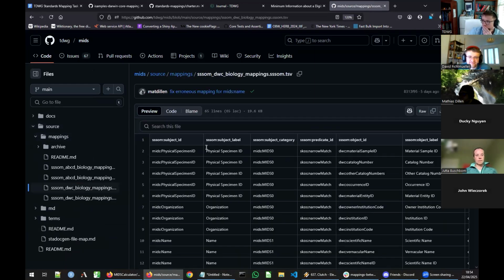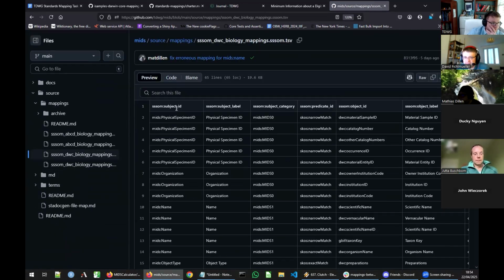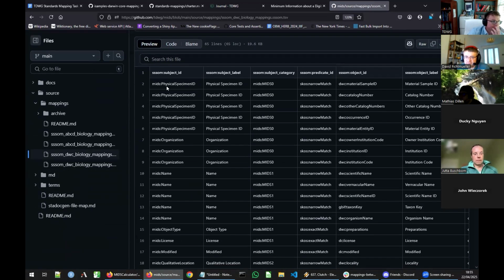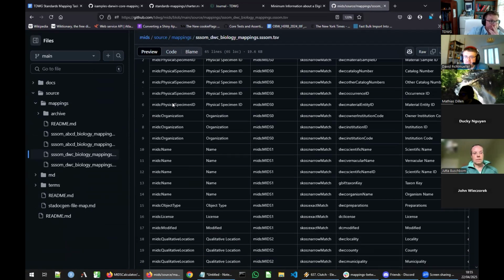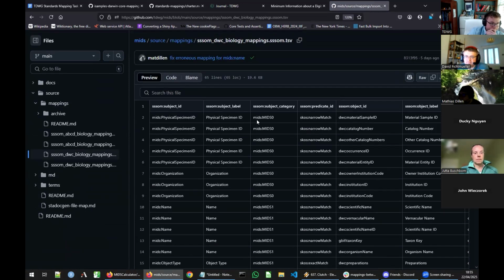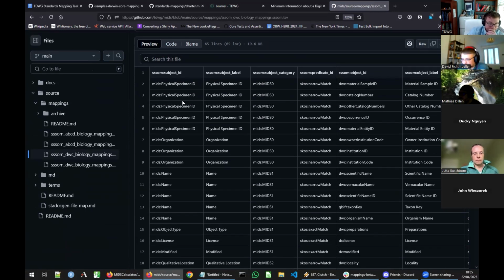So here you have the actual mapping files, which are just spreadsheets effectively, which include all the information elements and various mappings made for each of those information elements to, in this case, Darwin Core, various terms of that standard. And for each of those links, a predicate, mostly using SKOS, is used to identify the sort of link between those terms.